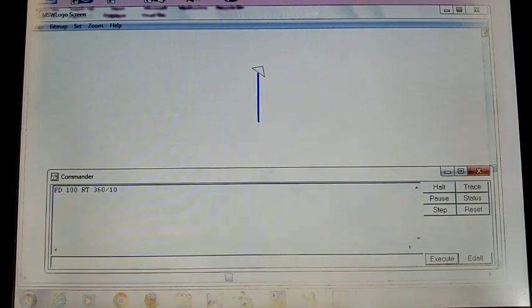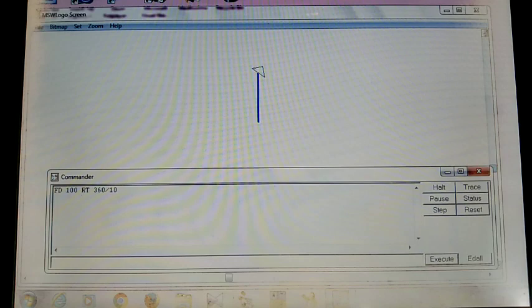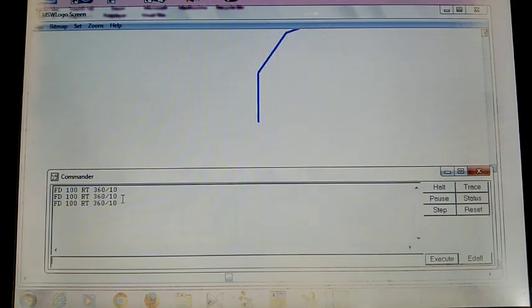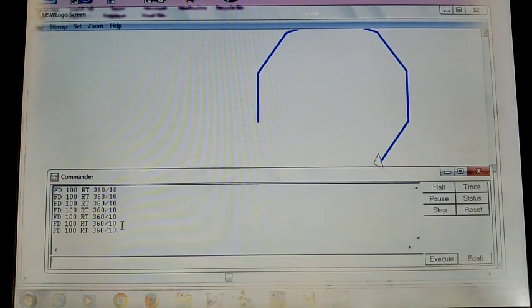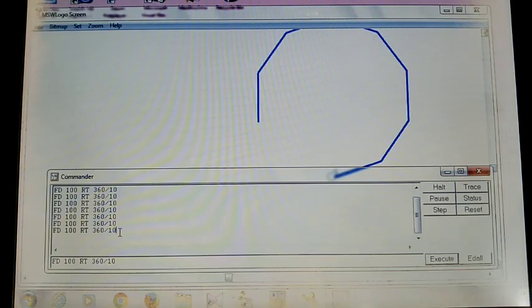Press the enter key. How many times do I want to enter it? 10 times. So already one time I pressed the command and simply click 9 times more. Click on the next command, then enter, click enter, click enter, and so on.